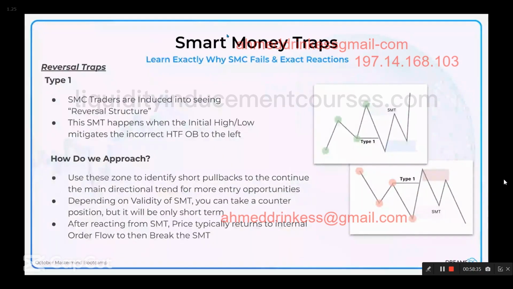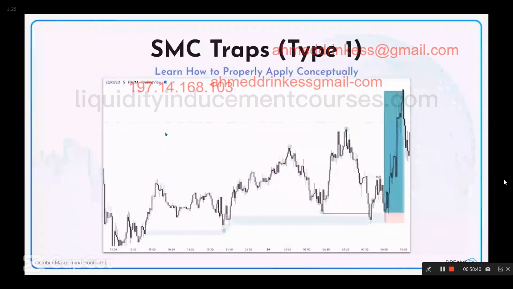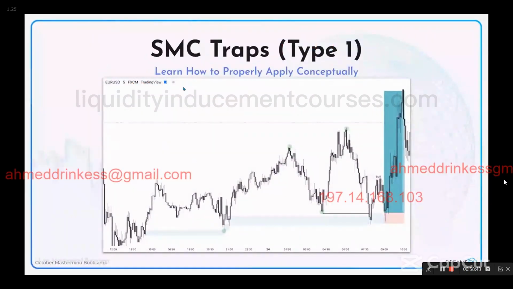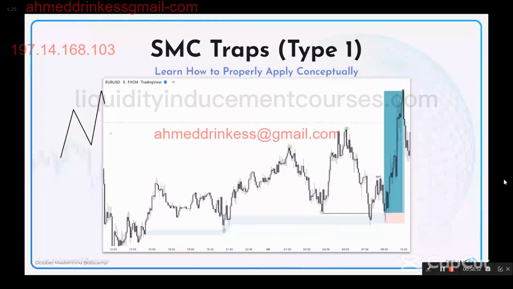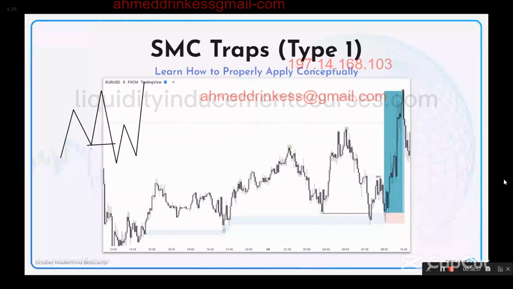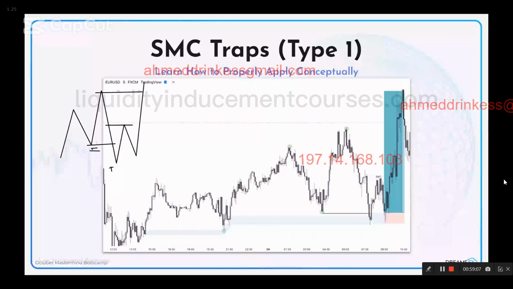All right, move on to an example of this. So let's see here. SMC traps, this is our type 1, right? This is our type 1 trap. When we're looking at this, based on what we just talked about, this is our inducement, right? This is our inducement. This is our trap. This will be typically our SMC, right? So over here, we see that we have a low, a high, a higher low, and a higher high, as depicted by this higher low and higher high here. If this is the inducement,